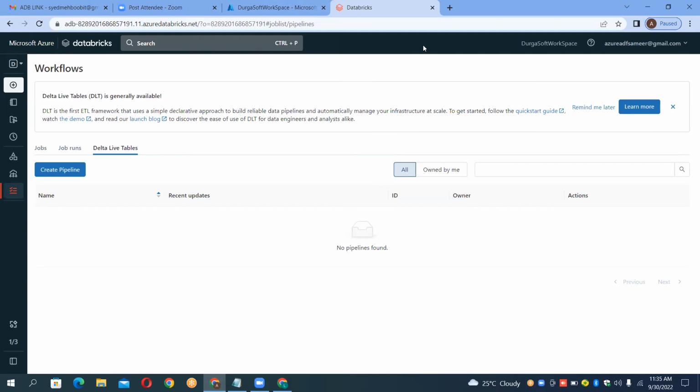Can we use Databricks and Data Factory in a big data environment, or only in a machine learning environment? No, we can use it anywhere, either big data or machine learning. Got it, thanks.